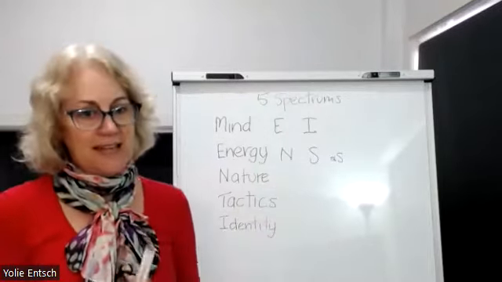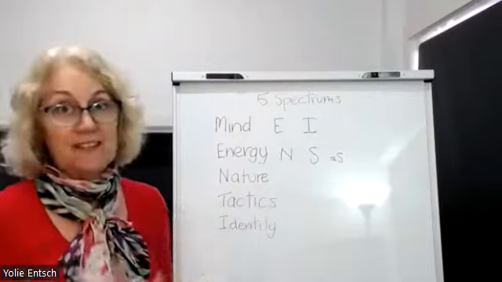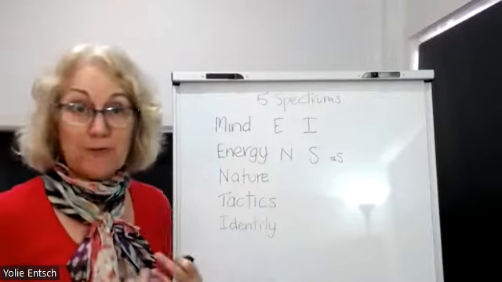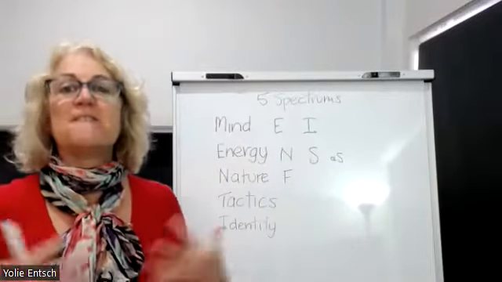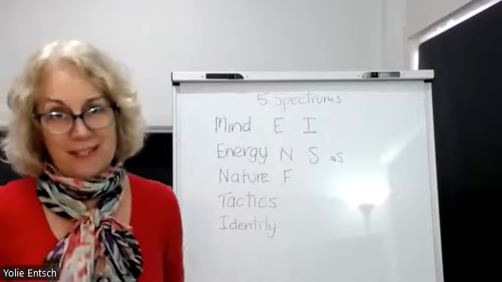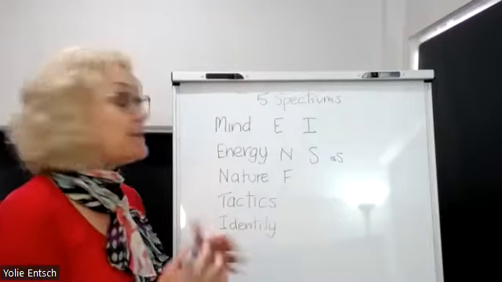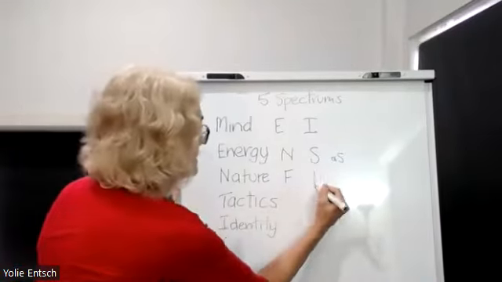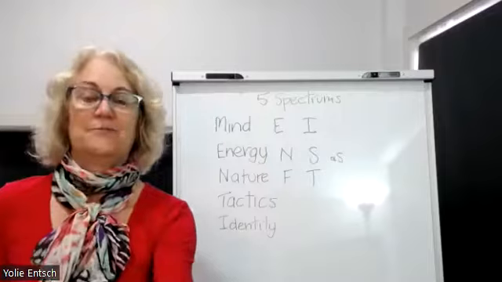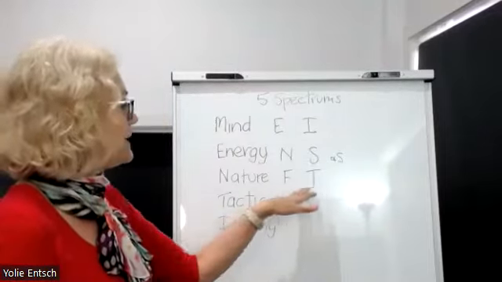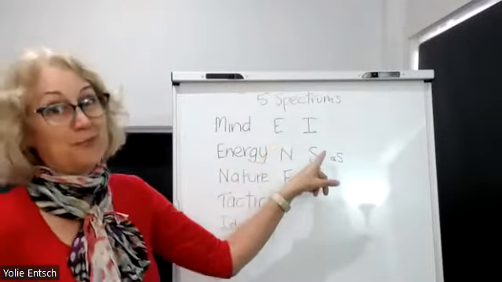Now, the next is nature, and this is how you make decisions. With nature, in my profile, I tend to be more feeling. A feeling person tends to consider the feelings of the people with whom they're interacting, and they tend to be a little bit more emotional. The other side of the spectrum is the thinking person. They tend to be more task-orientated and more logistical. For me, I was fairly balanced between the feeling and the thinking, whereas in the intuitive, I was a lot more intuitive than I was observing.